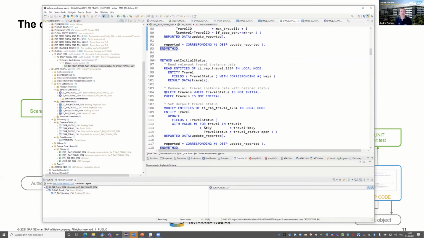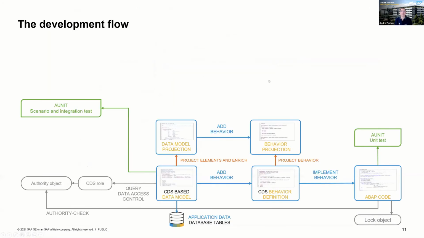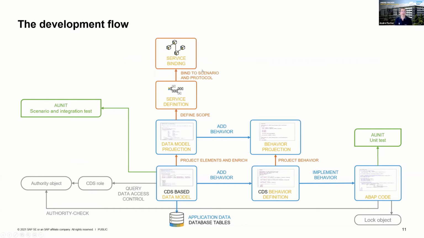And here's the ABAP code that you have to write in order to implement the business logic. Finally, we have a service definition and service binding, so that we can have a so-called preview. And this is a nice feature. So you don't have to use Business Application Studio just to test your service. You still need Business Application Studio to build real cool UIs and deploy them. But for the ABAP developer, they can use the preview just to test it.